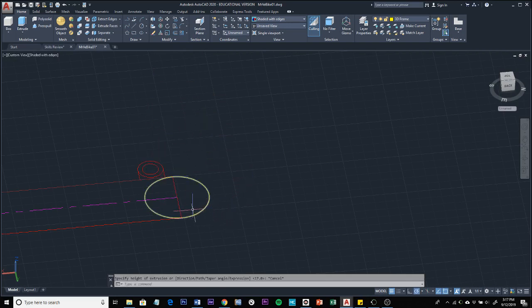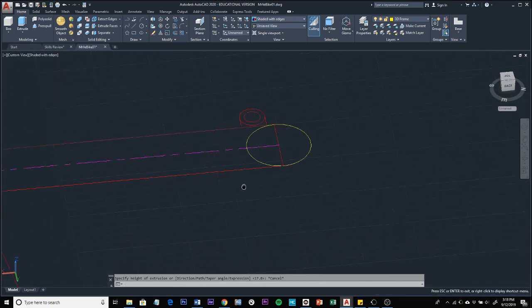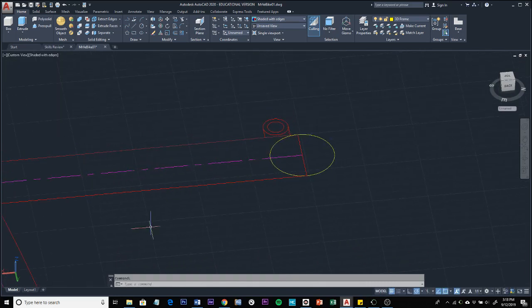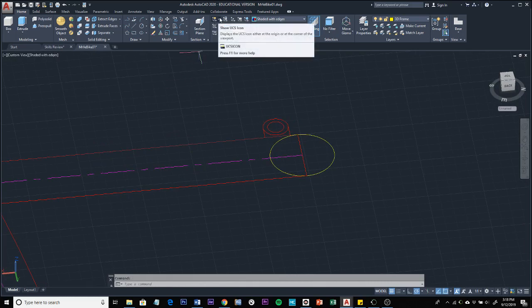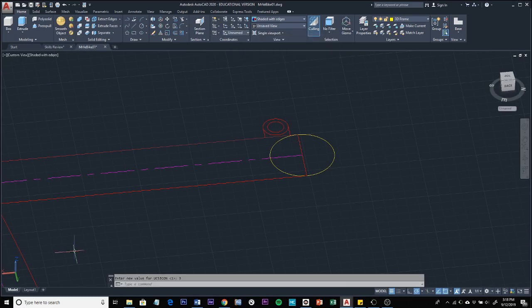So what we need to do is rotate our UCS so that Z is aligned with this post. And to show you just a visual of that, I'm going to actually take my UCS and place it somewhere. So right now we are showing our UCS icon, but it's showing up in the lower left hand corner, which isn't very useful visually right now, so I'm going to change that, and I'm going to show UCS icon at origin,